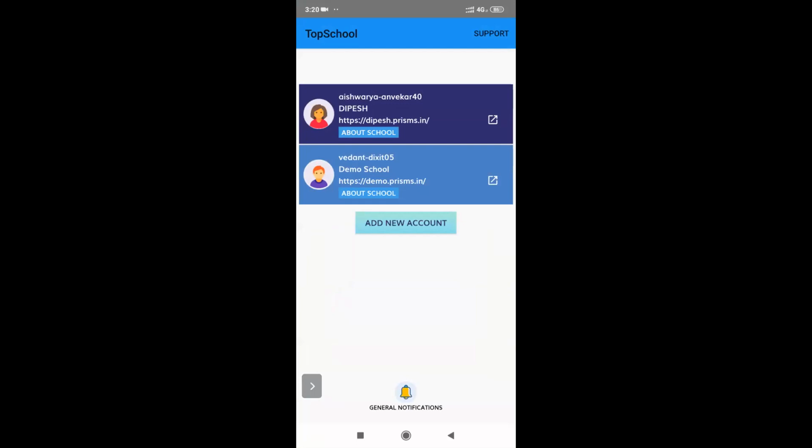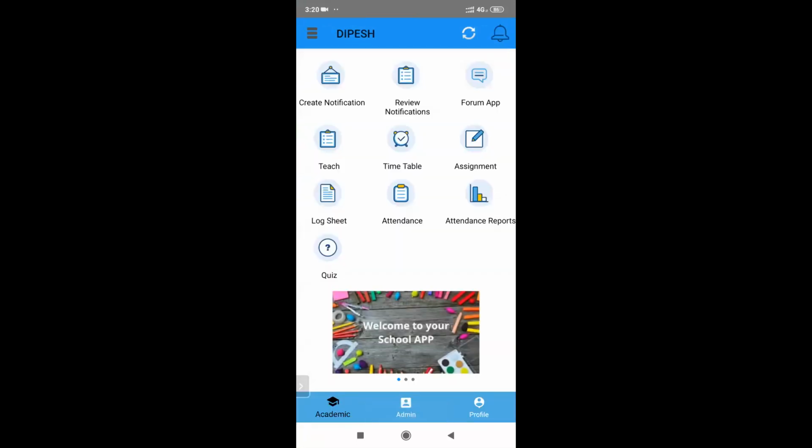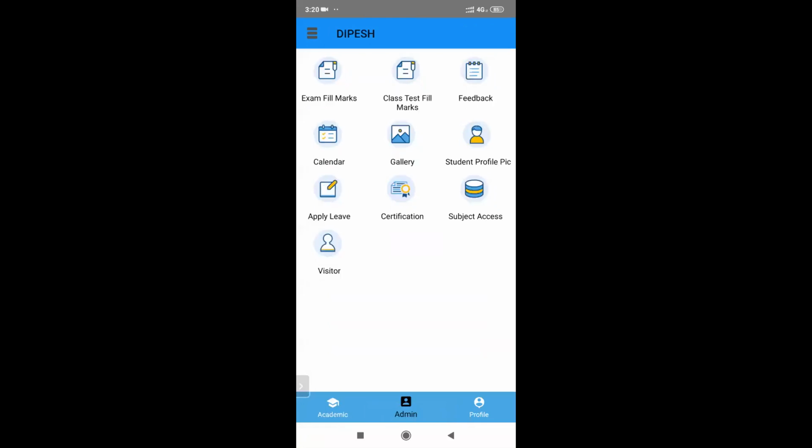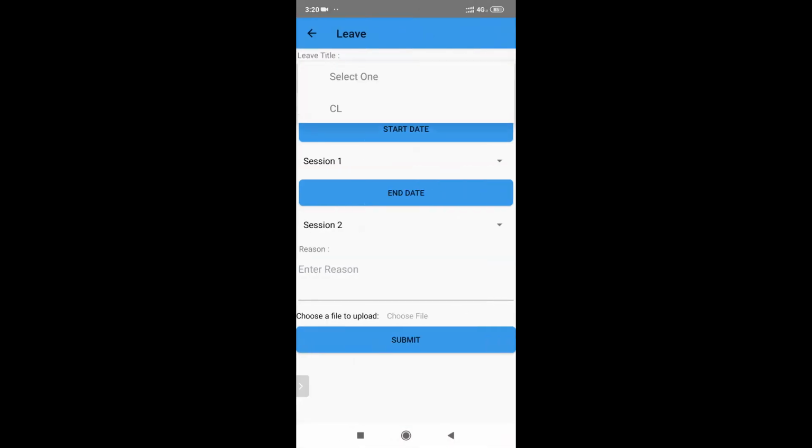From the teacher's login, you can open any particular login. You can open your login. We do have an option to apply leave. I can select the leave. Then I can see the count of leaves that I have.